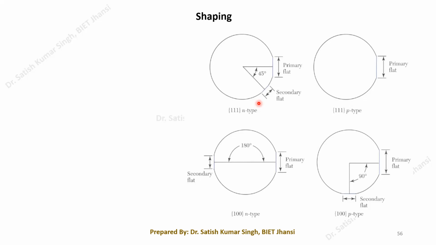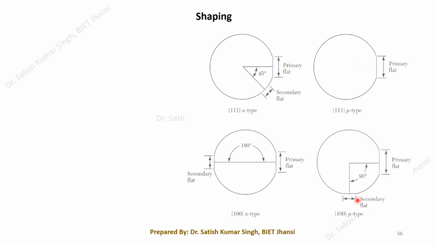So you can see we have one flat here, another flat here. Similarly, one more flat is here in another wafer. These are different wafers, so it is not the same wafer. We are talking about different wafers. So here we have the flat, another flat is over here. Similarly in this particular picture, we have one flat here and another flat here.